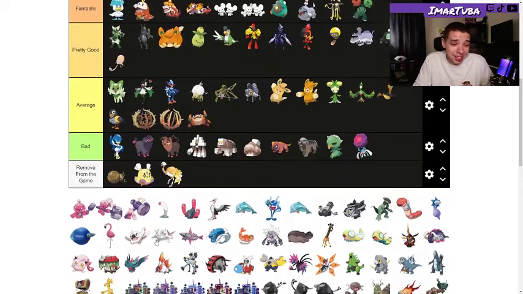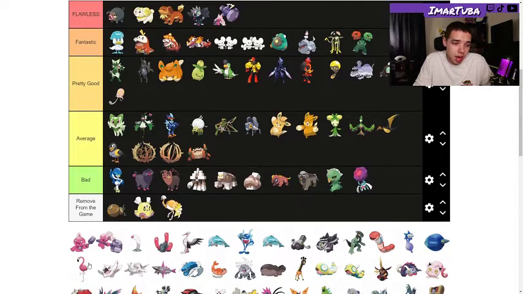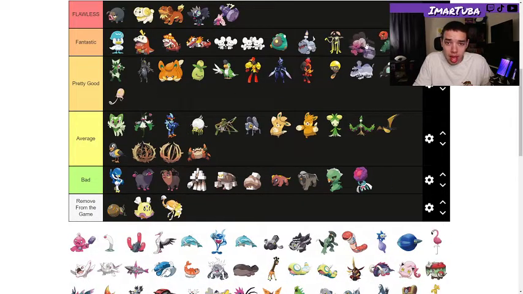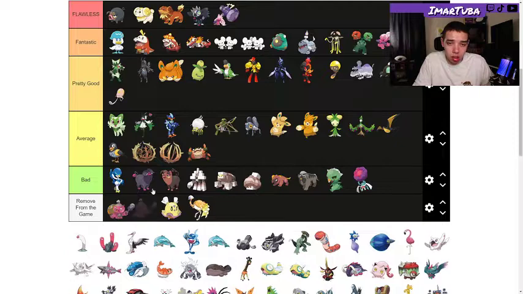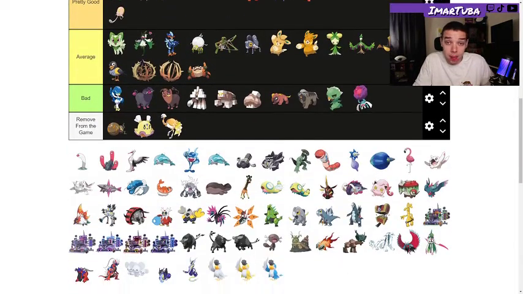And of course, the Tinkaton line is next. Tinkaton's gonna go into flawless. A lot of people love this design. I think it's honestly really, really good. And the pre-evolutions are also really good. I'm gonna throw them into fantastic. Honestly, one of the best evolution lines in my opinion in this game, and I kind of wish the